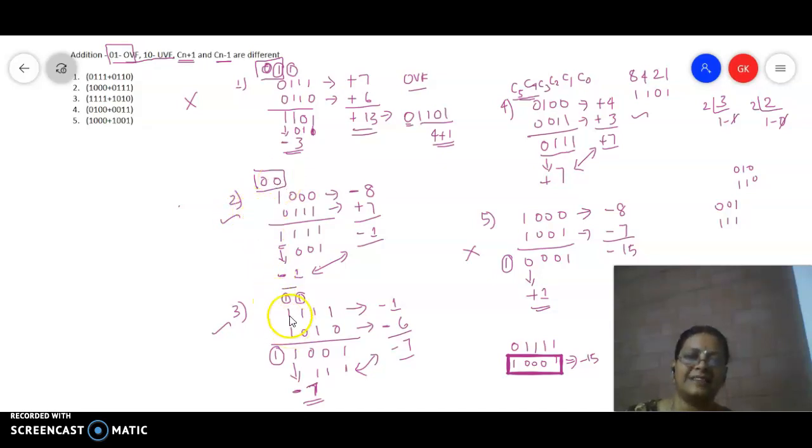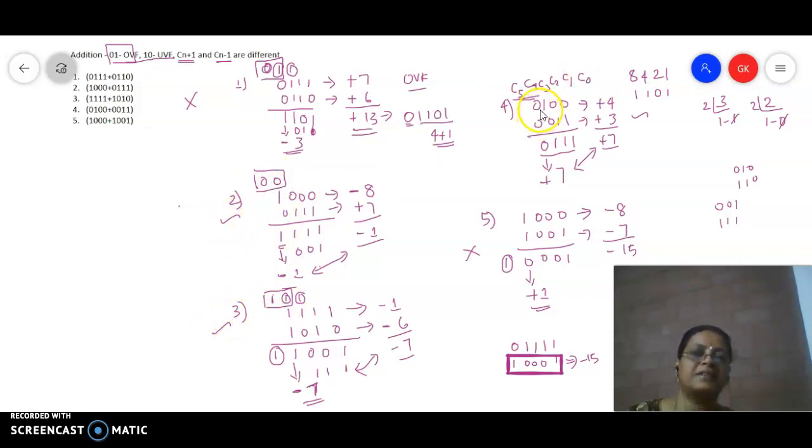Now in this example, we get the input carry as 1. If you add 1 plus 1 plus 1, here also you are getting a 1. Actually 1 plus 1 is 2, which is 10, so here also you are getting a 1 carry. So the input carry to this bit and the output carry from this bit, both are 1 1. If both the carry bits are the same, then it is not a condition for overflow or underflow. It represents the correct value. So if both are the same, either 0 0 or 1 1, you will get the correct answer.